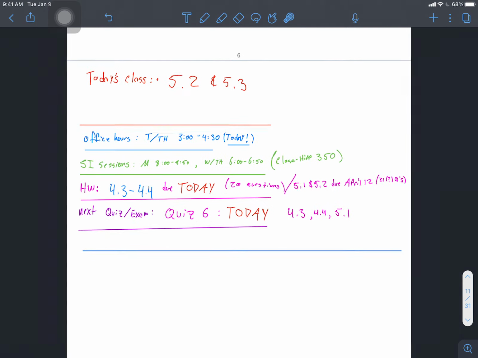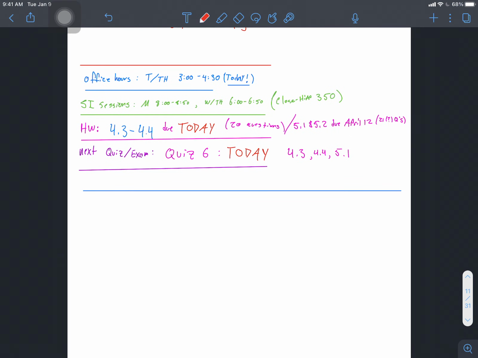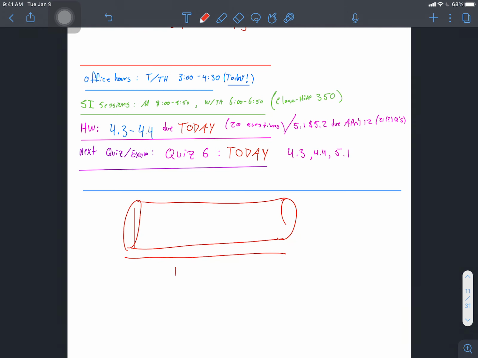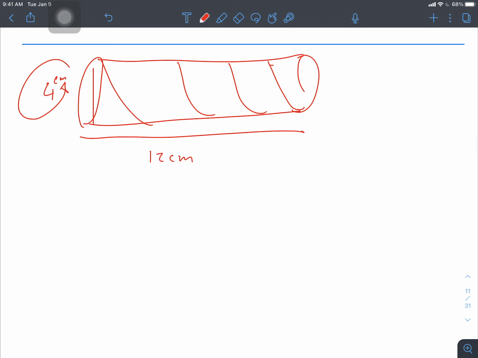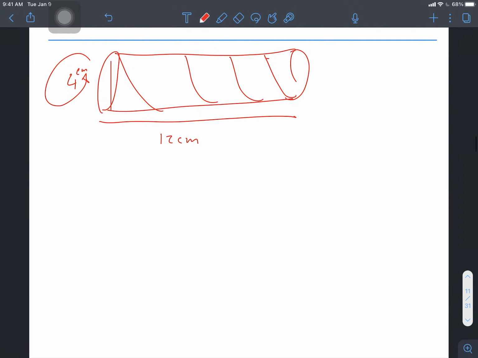And if you want to see the solution to this warm-up problem that I put on the screen, we had this tube that was 12 centimeters long, and it's got a string wrapped around it 4 times. And the question is, if the circumference of the tube is 4 centimeters and the length of the tube is 12 centimeters, then how do we find out what is the length of the string? There are a lot of different ways you can approach this problem, but I think the easiest and the most elegant solution is just to